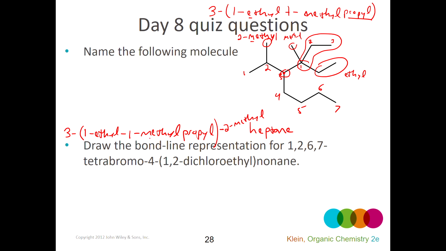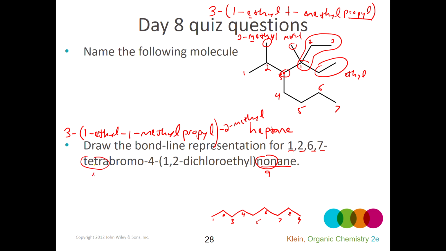The second part of this question is much easier. Again, when you're given the name, start with the parent chain and draw that out. So nonane has 9 carbons. 1, 2, 3, 4, 5, 6, 7, 8, 9. And then the other numbers tell you where on that 9 carbon chain things are going to be connected. So if I just number from left to right, and then follow what the name tells me to do,